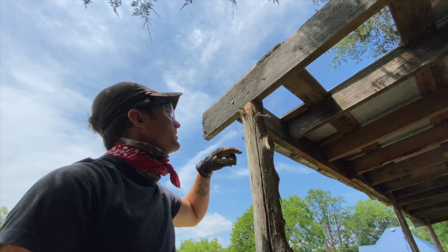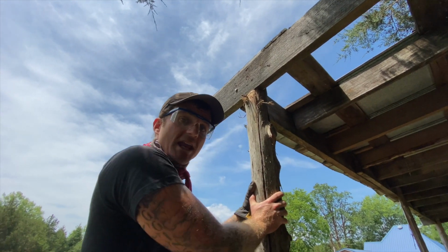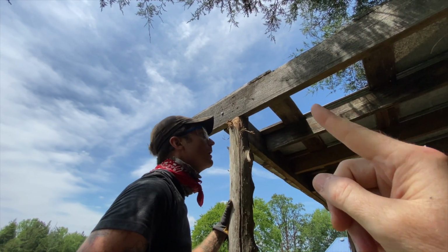One more lag screw here for added support, in addition to this holding it up. I'm shaking it. It's not moving. Oh no, it's in solid. And then you'll be able to make repairs to the